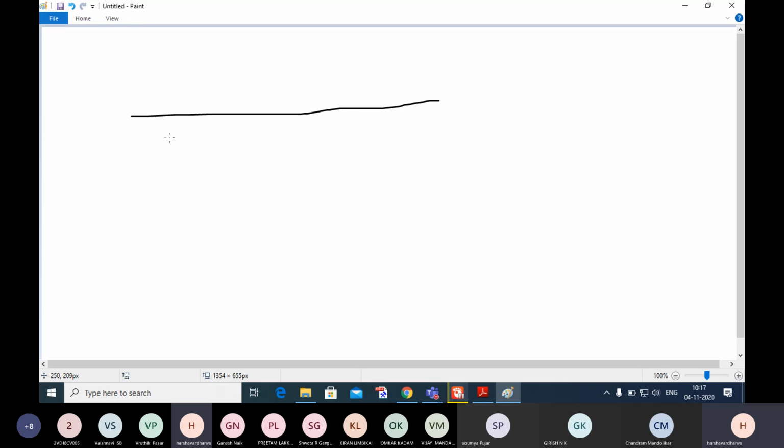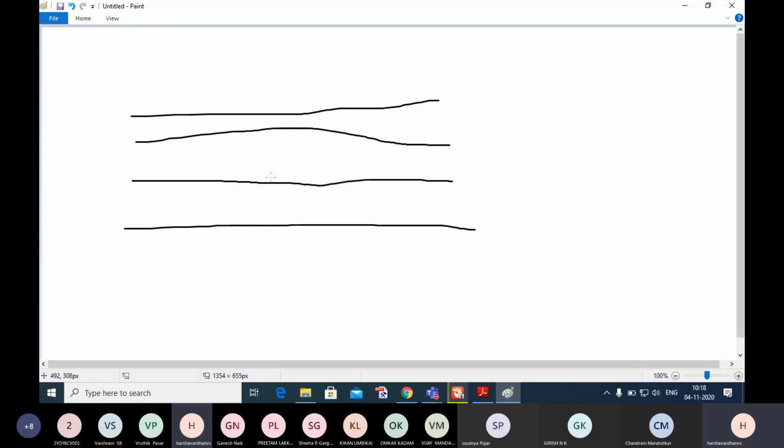If this is the filter, there are different layers in the filter. First layer, and this is my second layer, third layer. First layer, let's say it is fine sand. In the second layer, you will have particles whose size is more than fine sand, let's say coarse sand. In the next layer, the particle size will be bigger than that of the coarse sand, let's say gravel. So you have to make sure that